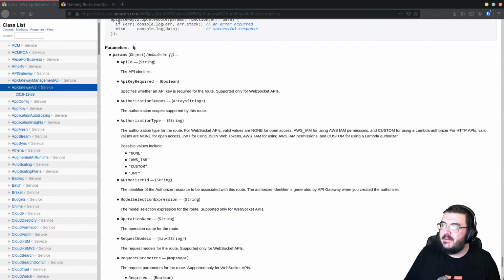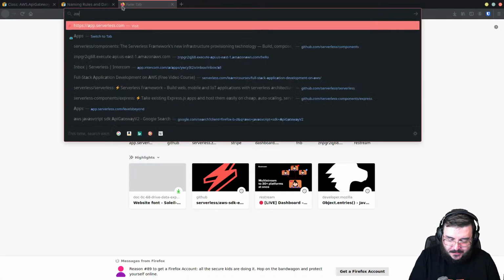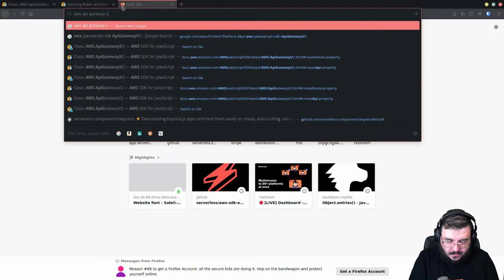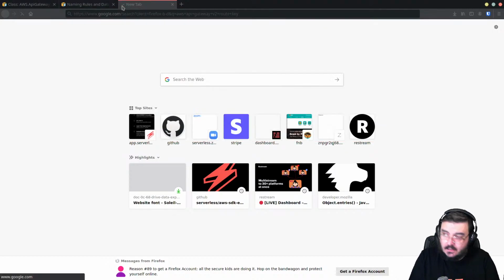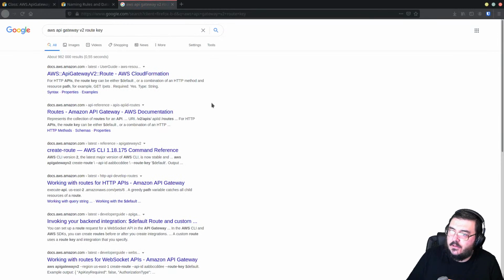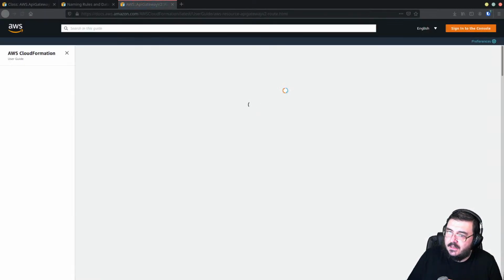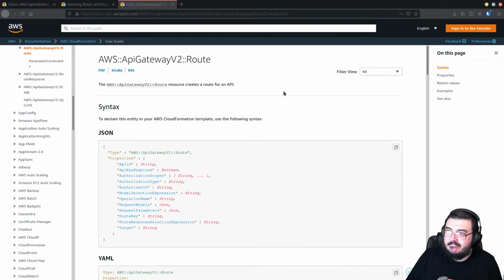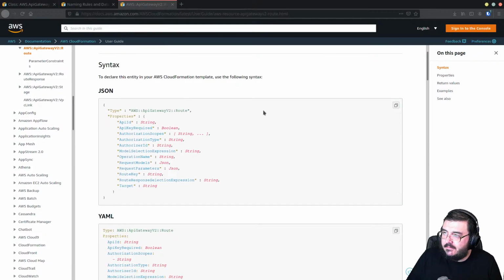Thanks, AWS. So, AWS API Gateway v2 root key. Let's see if we get any more info from Google. Maybe CloudFormation will give us more information here. Okay, that kind of tells me a little bit more.